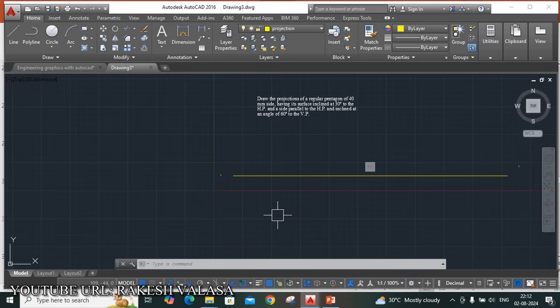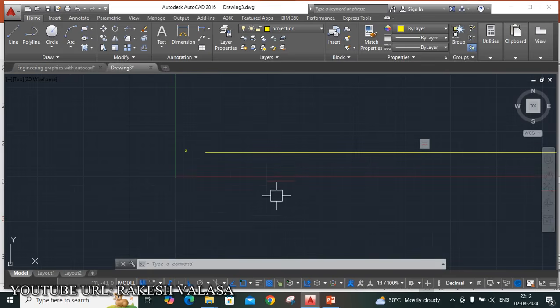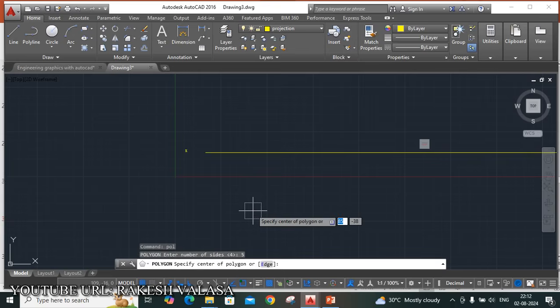First draw the initial top view. For that purpose I am choosing the polygon tool, POL enter. In the command window it is asking to enter the number of sides. We know the polygon has 5 sides, so 5 enter. It is also asking to specify the center of the polygon or edge.